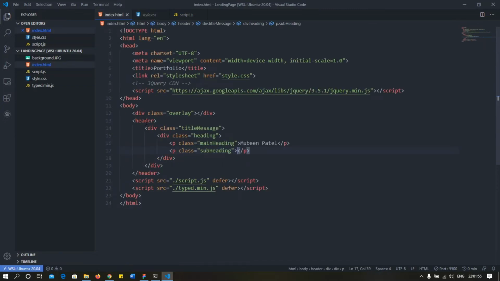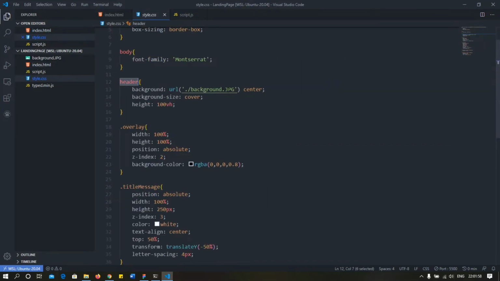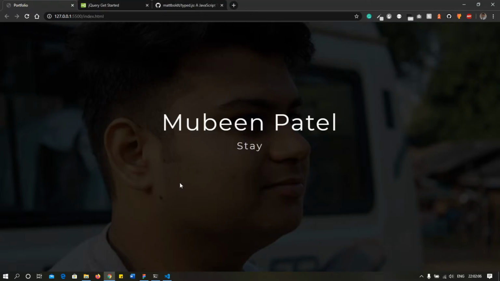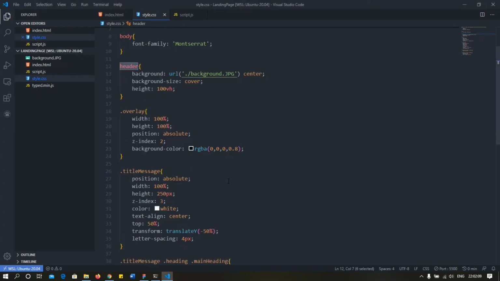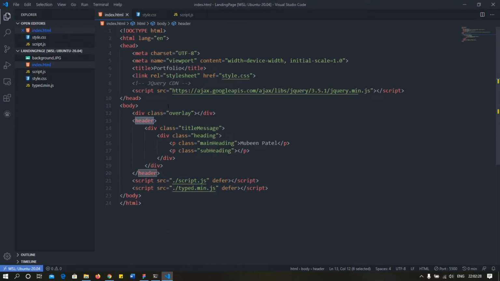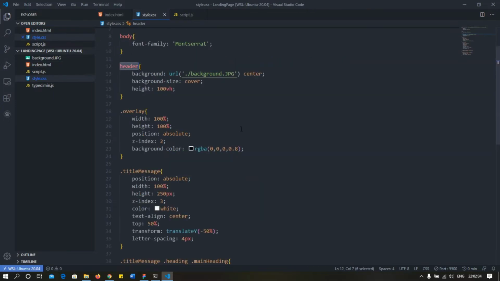Then you can see in the header tag here I have given a background image, the image that you can see right here behind, and I have given the height of 100vh so that it can scale to the complete display size of the browser. And then we have our overlay. This is the overlay that I am talking about, the black film above the image. I have given it a width and height of 100%, and the position of my overlay is set to absolute, so that my overlay wraps above my header so that they don't fall below each other.